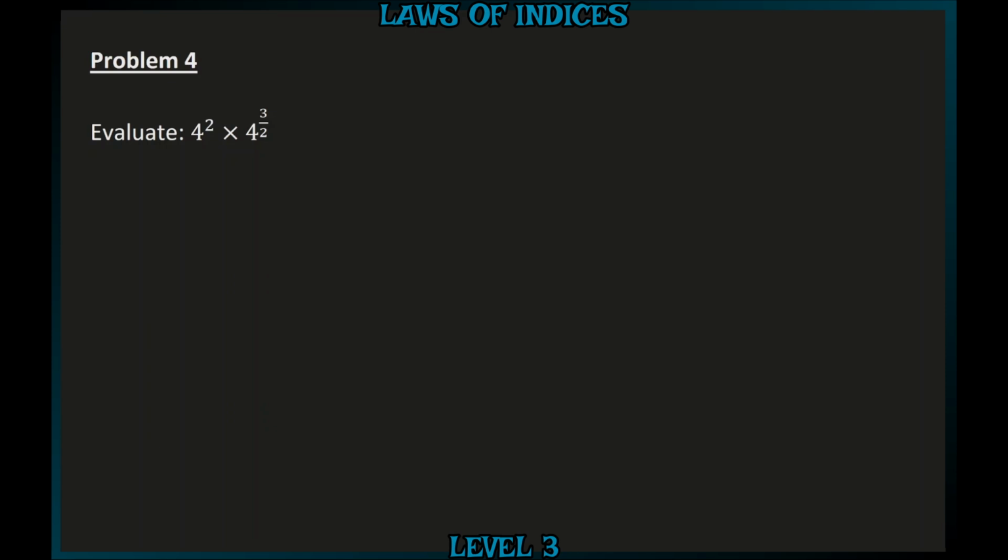In problem 4, we're evaluating 4 to the power of 2 multiplied by 4 to the power of 3 over 2. And this means that we need to find its value. Now since we're multiplying indices here, we're going to use this law, which tells us that we need to add their powers. So to start, we can write 4 to the power of 2 multiplied by 4 to the power of 3 over 2 as 4 to the power of 2 plus 3 over 2. And since 2 plus 3 over 2 is the same as 7 over 2,